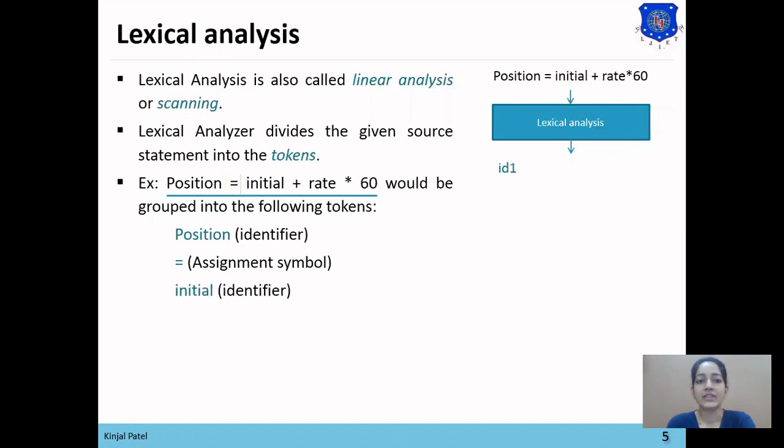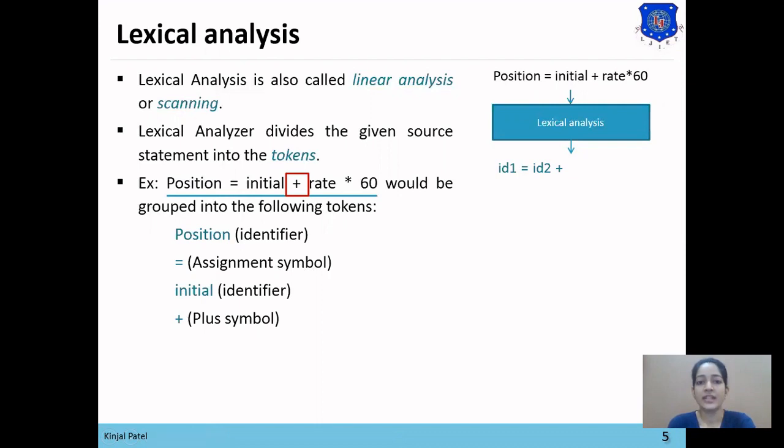Then next string is initial. So as initial matches with the pattern of identifier, it is identifier type of token. Then plus, so plus symbol is an operator.